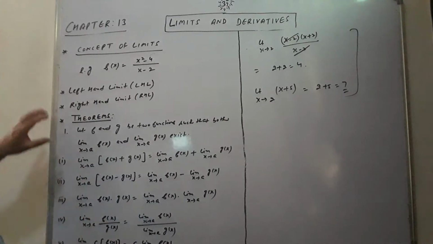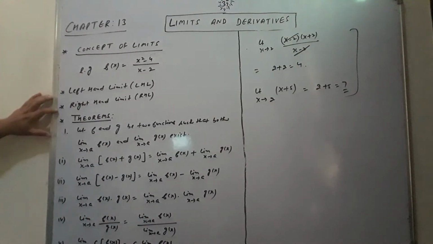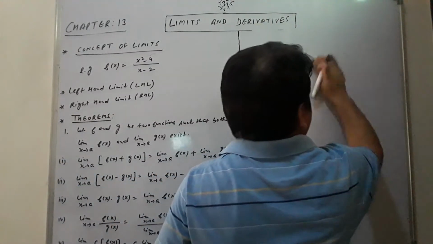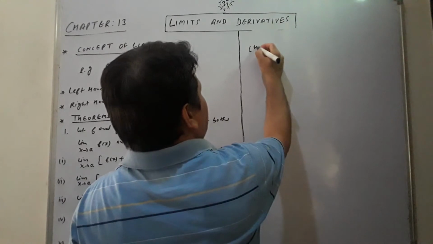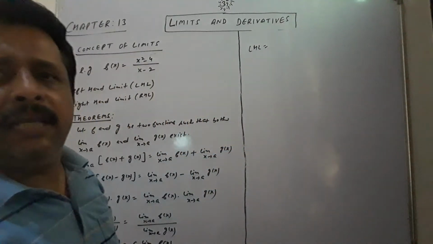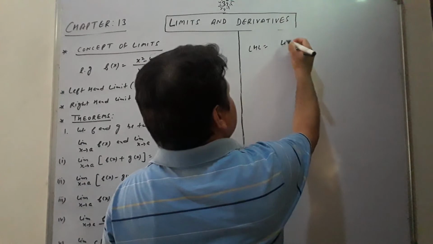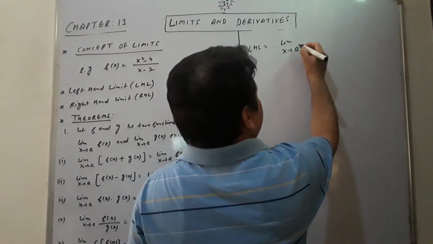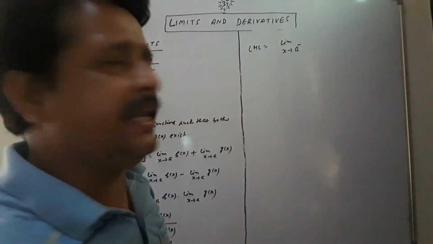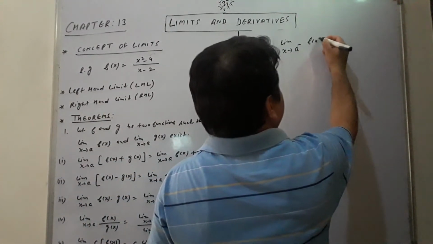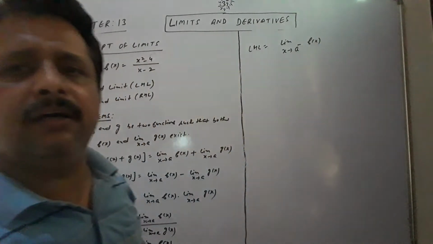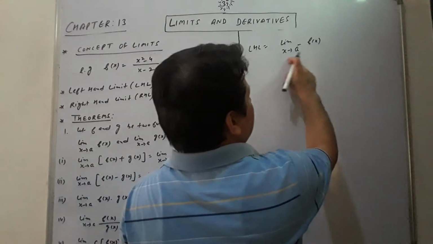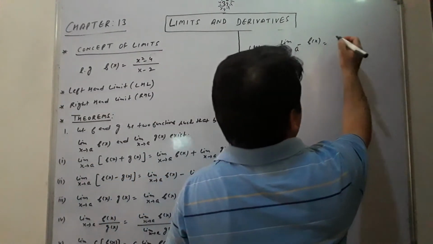After that, I am coming to the left hand limit and right hand limit. This concept is very important, students. Left hand limit and right hand limit. Here is the left hand limit. In the left hand limit, while I say limit x tends to a, here we will mention x tends to a negative, f of x. While I use a negative, in that case this function will show its left hand limit. Means we write it like this.